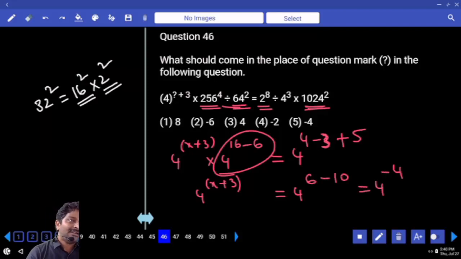Base values are equal. That means we can equate exponents. That means x plus 3 is equal to minus 4. X is equal to